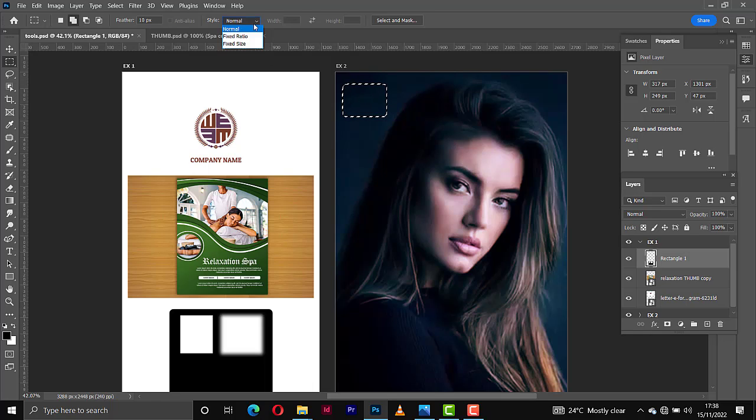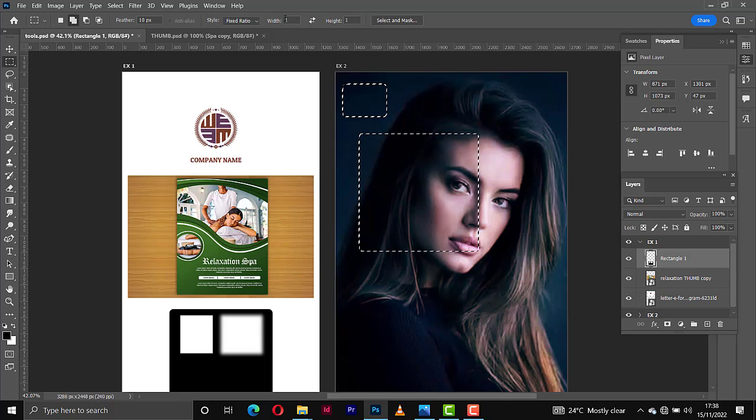But if you choose the fixed ratio, the fixed ratio is going to work based on the ratio you give. So it says 1:1. If it is 1:1, it means we are going to create something like a square. There's no way we can create a rectangle with this ratio. Let's look at this. If I expand this downward, I'm still getting a square shape